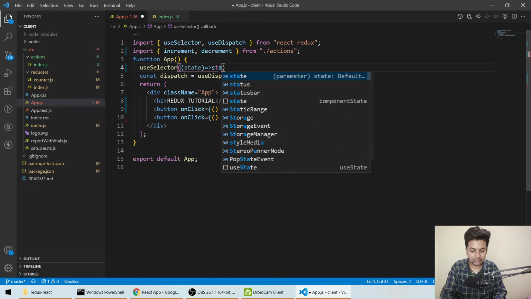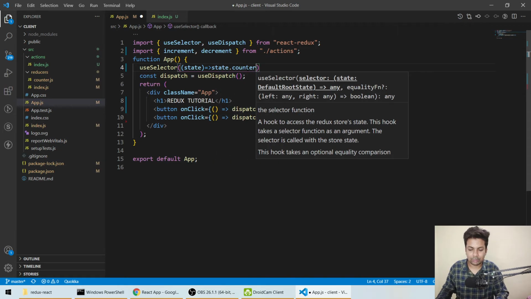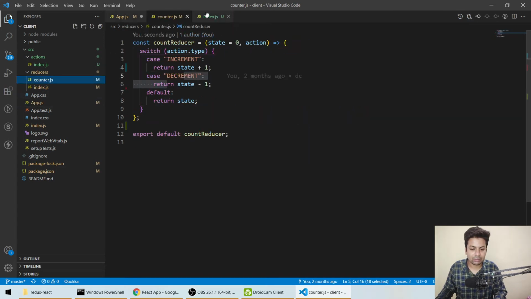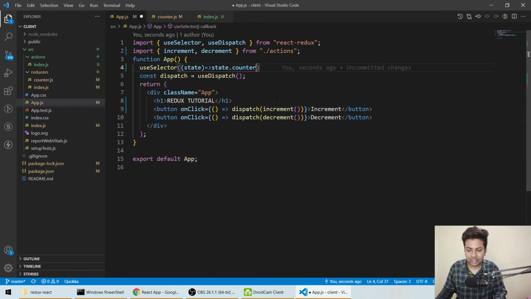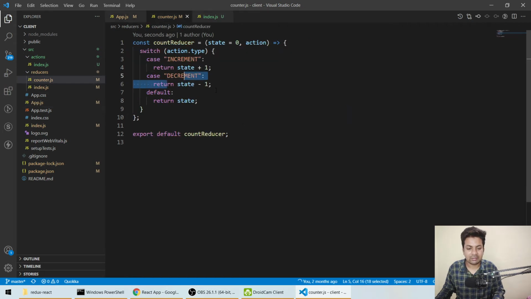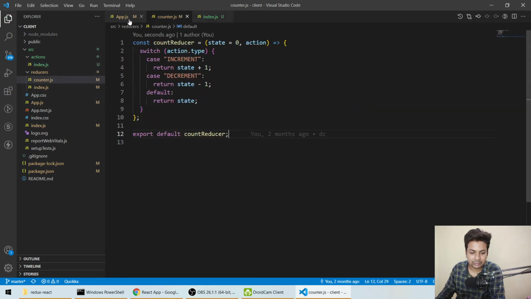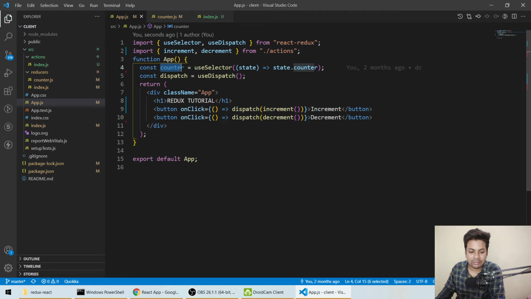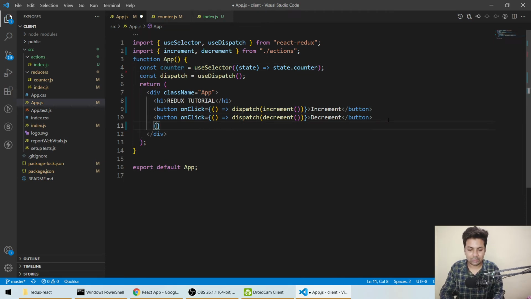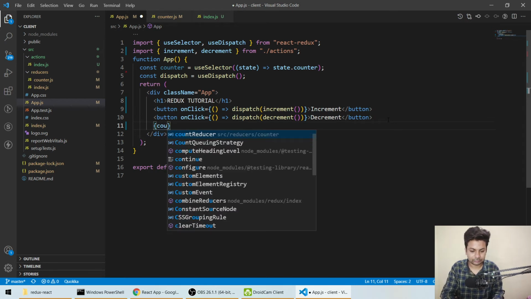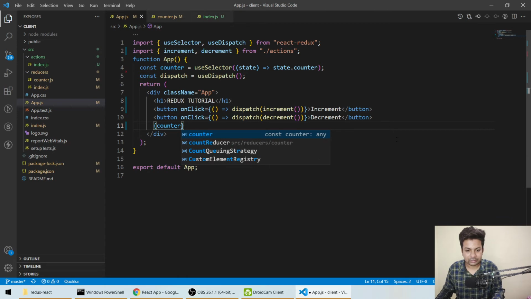So we'll say state.counter. This reducer has the name counter, so for the counter we want to see the values, and we'll save it in a variable, const counter equals. Let's save it and check that everything is fine. So this counter will have the value, and we can check the values just using counter.